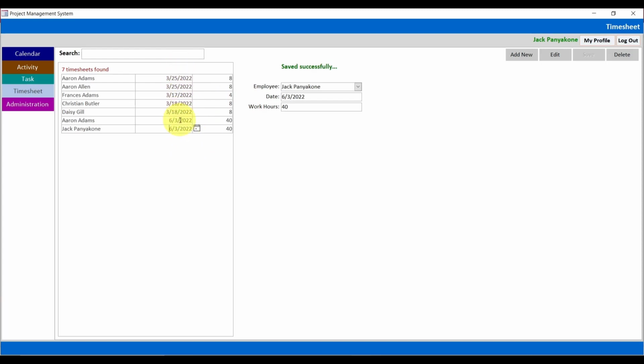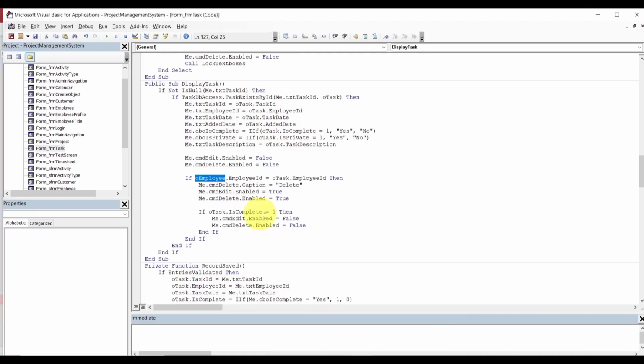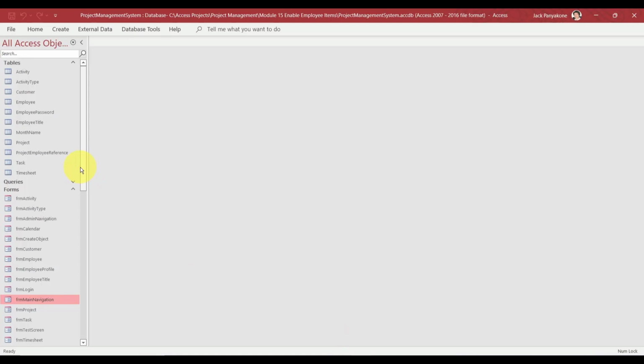Oh yeah, one thing, we need to disable this. We need to disable all this. So let's go ahead and disable all that. We logged out, and now let me jump back to the code behind. Hold on, my bad. Subform